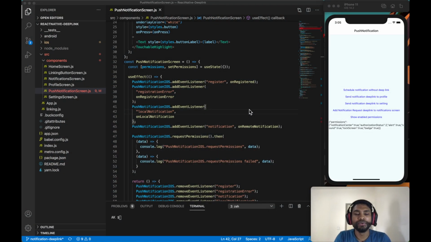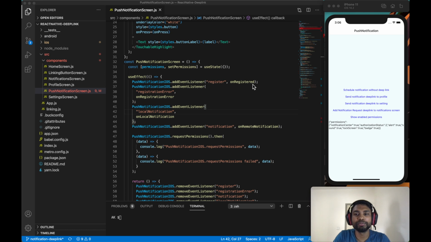In the previous video, we learned about deep link and we saw how to implement deep link with React Native and React Navigation version 5. In today's video, we are going to discuss how to use deep link with notifications. For example, there is a use case when we receive a deep link URL in the notification data, and when the user clicks on that notification, the user should directly land on the specific part of the app instead of the home page. We can use deep link for this.